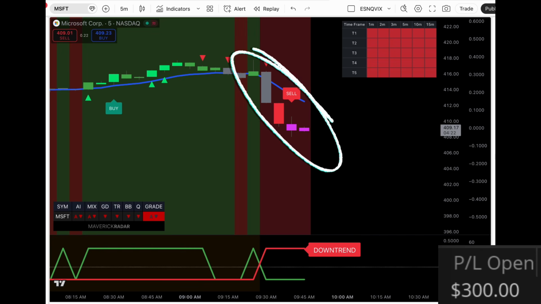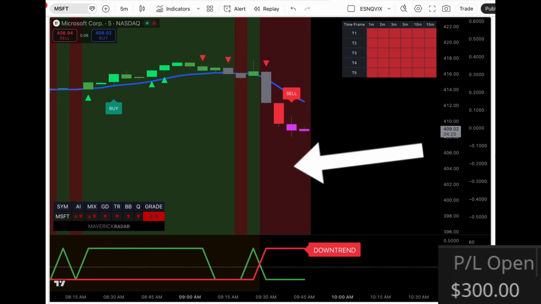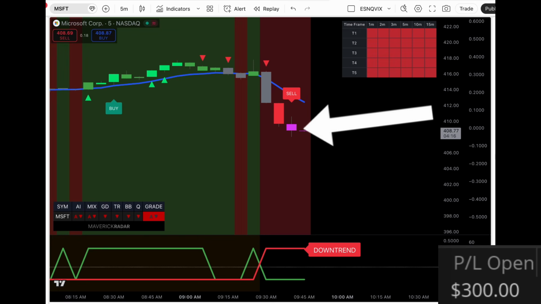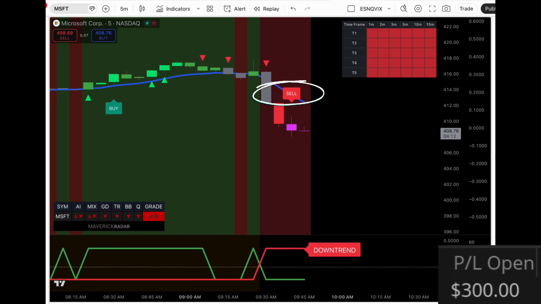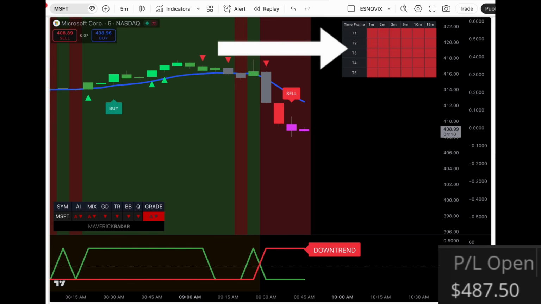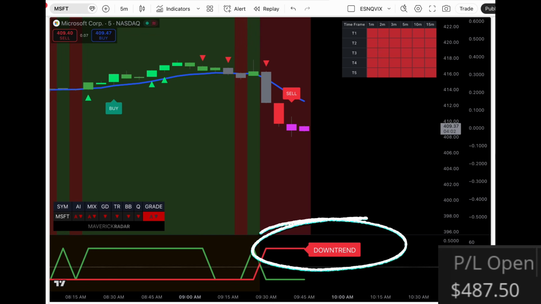So I already know, one, the bears are in control. Two, we have our strongest downside data candle, which is hot pink. Three, we have a sell signal. Four, all five traders are voting bearish across six time frames. And then my Maverick trender is completely pegged to the top and showing a downtrend, strength and momentum to the downside. You can see we're kind of stalling out here, but